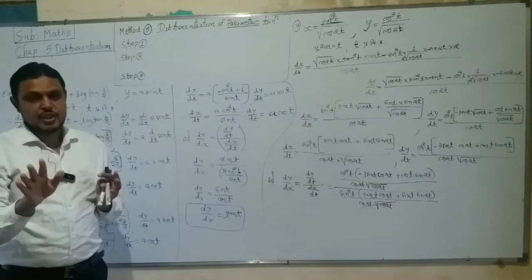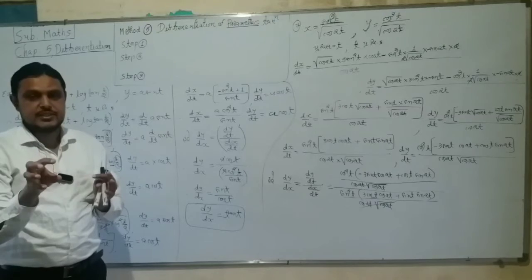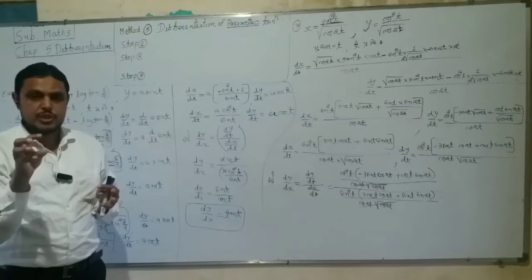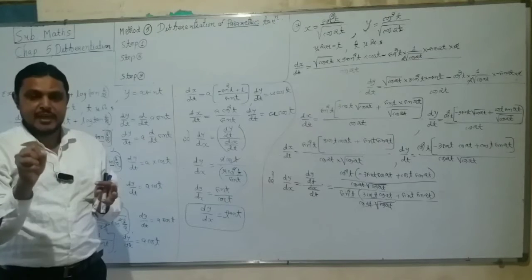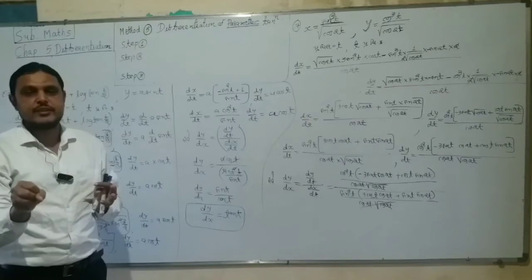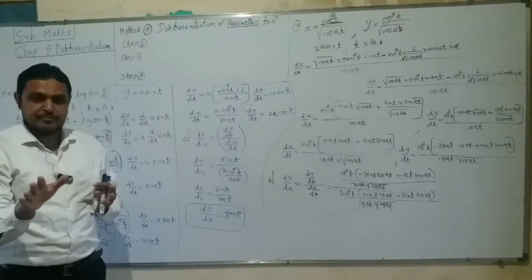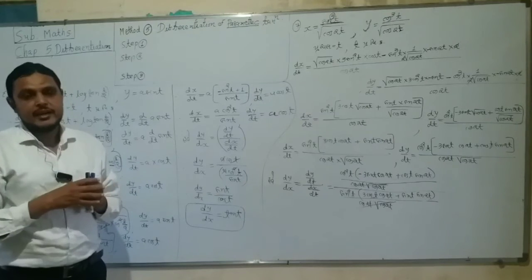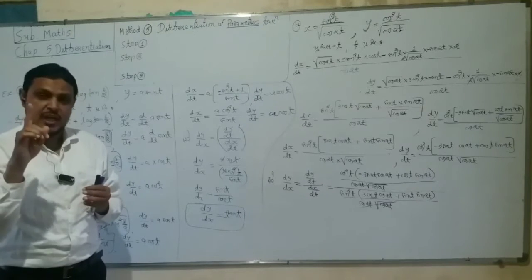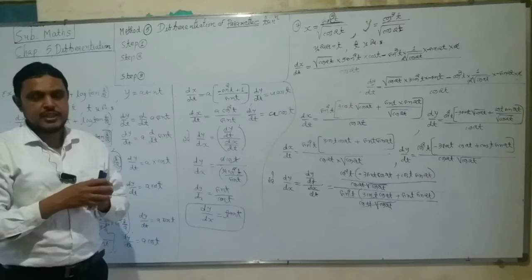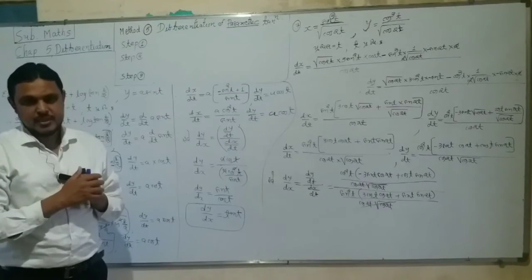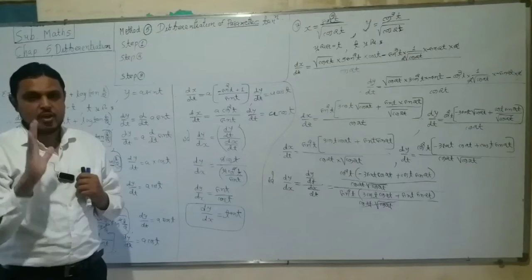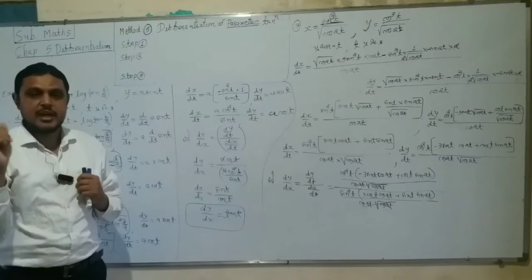For differentiation of these 5 things, we have to use log. We have to take log on both the sides, and then apply the rules of the log function, and then we simplify, and then we can find the differentiation. So differentiation of a logarithmic function, differentiation by using logarithm. That was method number 4.